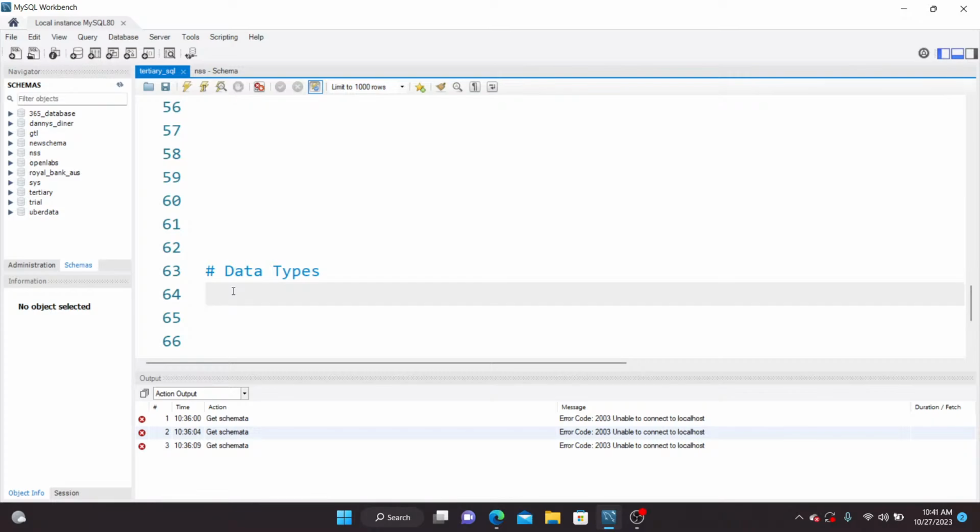For instance, the strings that we saw in Python. When you say James is here or Theo is here, this is a string. And when we are talking about strings here in MySQL, then